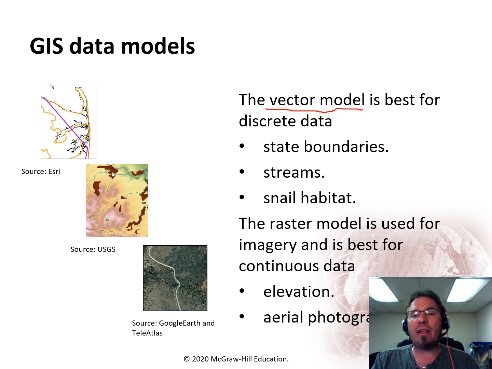Now, if you've ever used anything like Adobe Illustrator or CorelDRAW, those are what are called vector graphic programs. So the program is using a very specific mathematical formula in the background to place the line or a circle or a square or whatever you're drawing exactly where you want it. The same thing applies in GIS, except it's bounded by the space in which you put it in. So if we put Wisconsin in the United States, we want it to be where Wisconsin actually is. And the program handles a lot of that for us. Sometimes you have to make adjustments, but a lot of the stuff's handled for you,